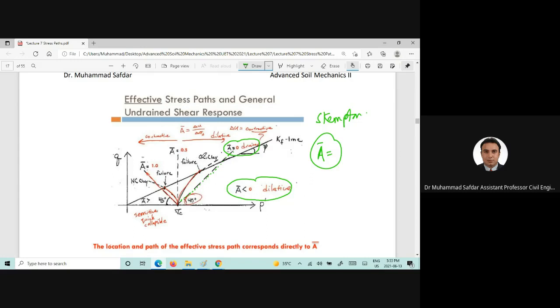Now for over consolidated clays, as I mentioned earlier, the A parameter should be negative, but let's see, this one is for normally consolidated clays, A bar is approximately 0.5, and A bar is equal to 1, then the stress path will follow this direction,